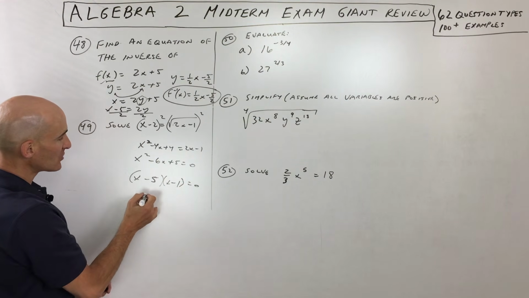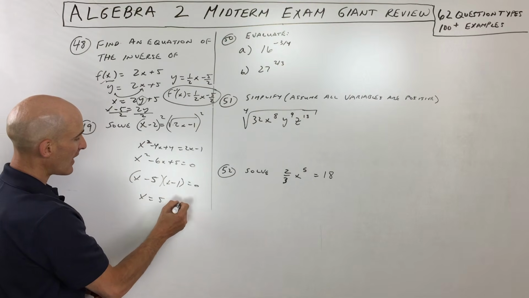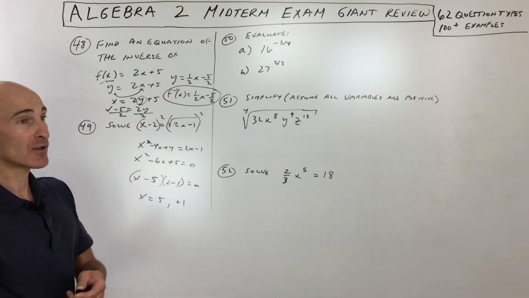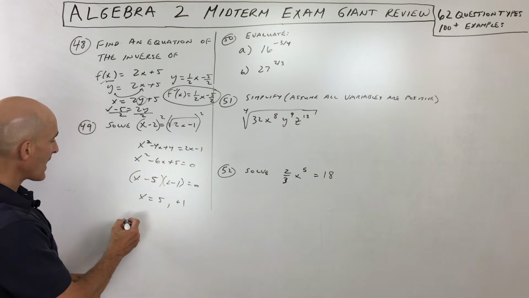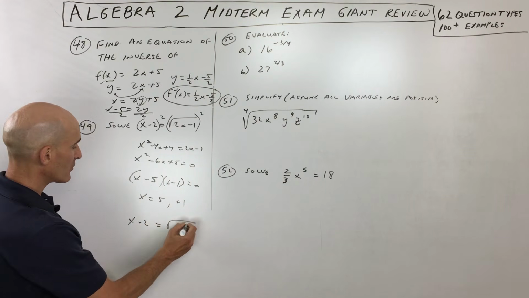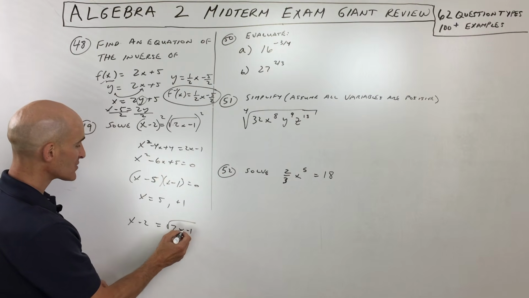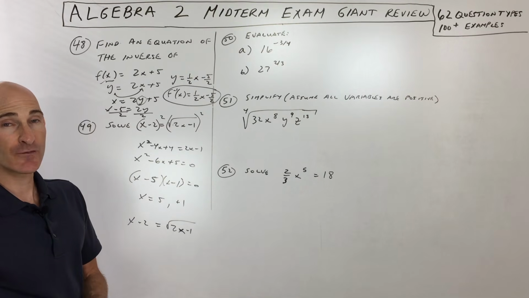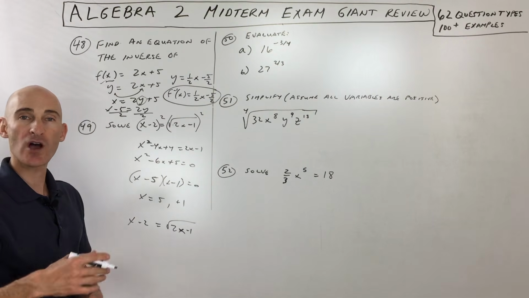So all I'm doing is factoring it. If I set the factors equal to 0, I get 5 or positive 1. Now the bad thing about solving radical equations is that you want to go back to that original equation, the very starting equation before we squared both sides, and you want to put these values in to see if it makes it true. If it doesn't, you get a false answer. That's called an extraneous root, and you cross that one out.